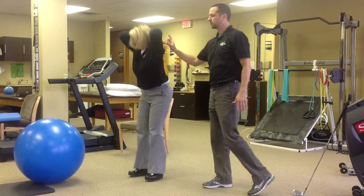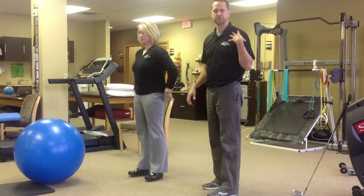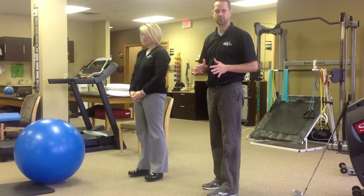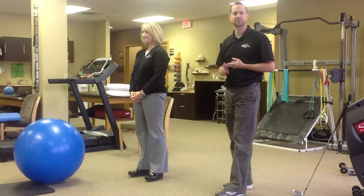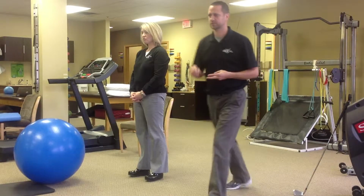Come on back up. What that looks at is if they have lat flexibility issues or glenohumeral issues, when you take the hands down and they pass the deep squat, then that points to a shoulder mobility issue, lat flexibility issue. So with her, still couldn't get into a full deep squat. So then what we'll do